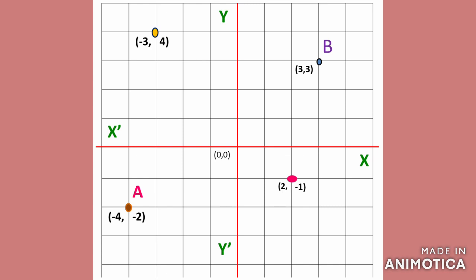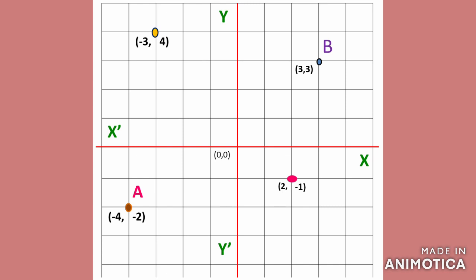Next, we are indicating this point by yellow color, and another coordinate is given, that is (2, -1). Now look at where this coordinate will be. As it is given (2, -1), that means x is 2, so positive, and y is equal to -1, that means negative. So it will be in the fourth quadrant, because in the fourth quadrant x is positive and y is negative. And according to the given unit, x is equal to 2 units and y is equal to 1 unit, we will plot it, and that is our pink one. The pink point is the point whose coordinate is (2, -1).